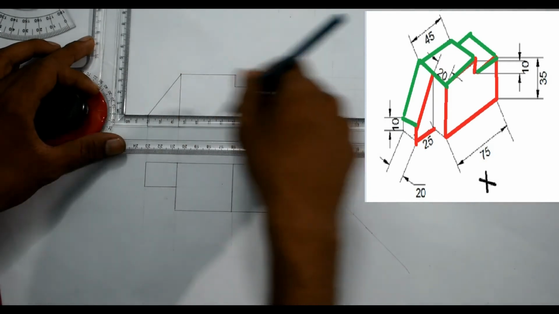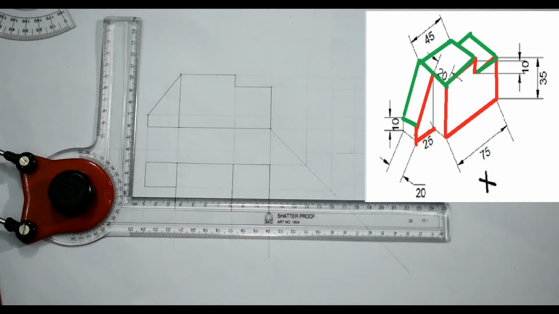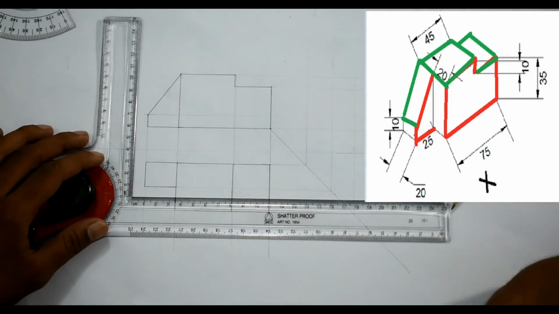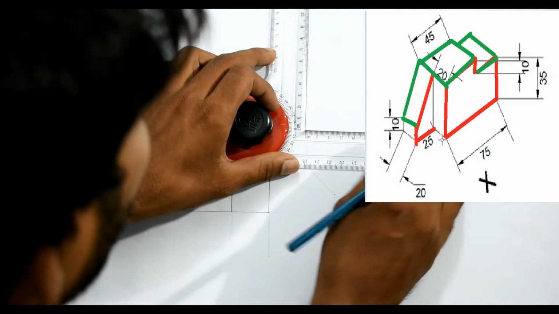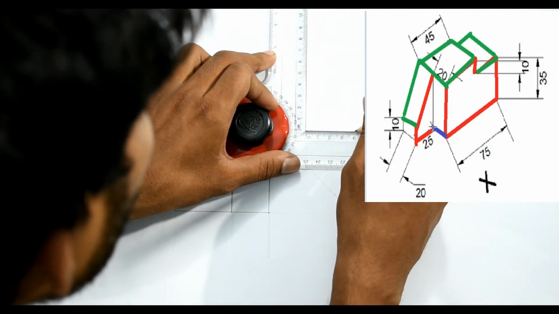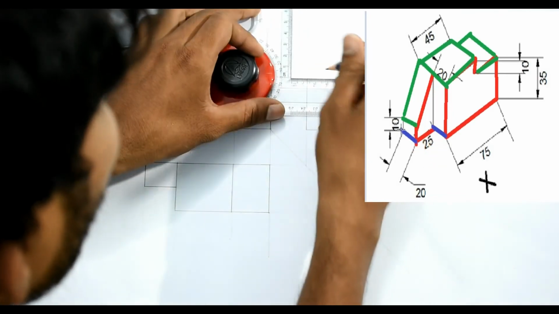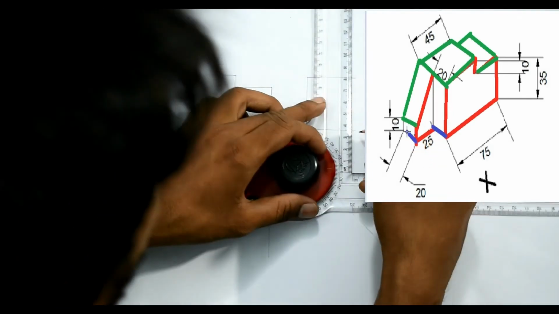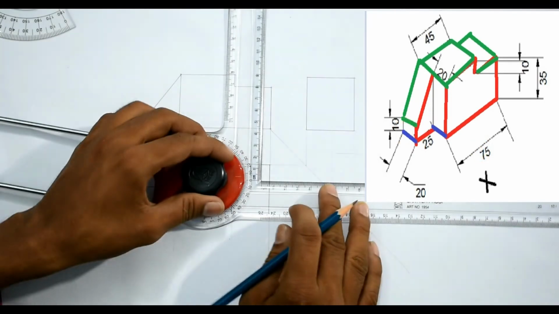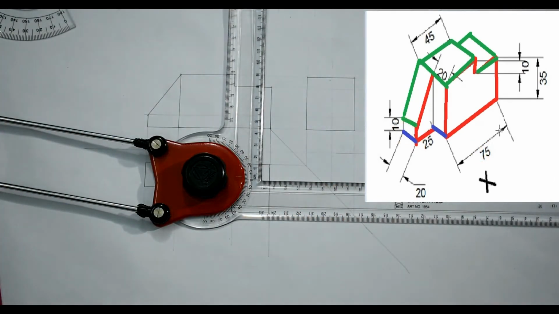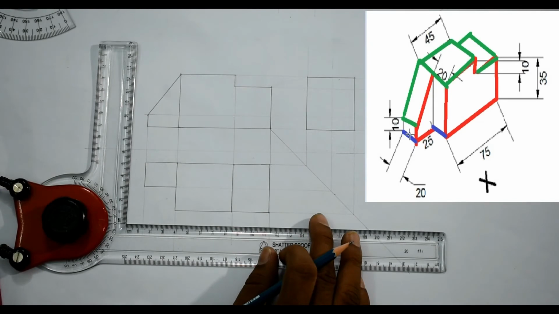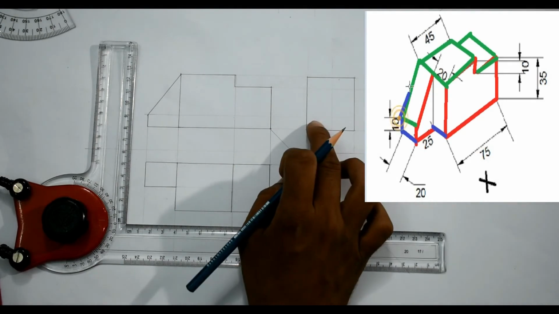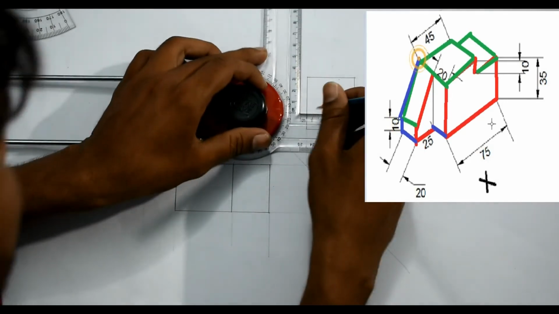Also I need to project this line. So your view will appear something like this. First I will complete the rectangle. Then I will do the detailing inside this view. So as you can see here, I have drawn this, but again from your left hand side view, the small rectangle is visible this side. So I have to darken this rectangle.